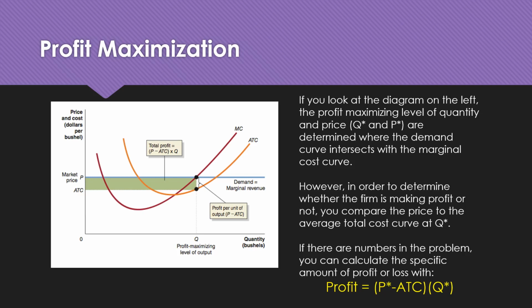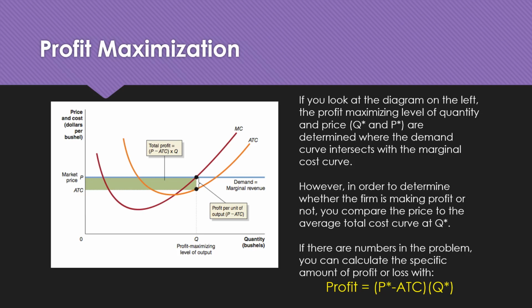Because remember, profit is equal to total revenue minus total cost. Total revenue is price times quantity. Total cost is just going to be average total cost times quantity, because average total cost is total cost divided by quantity. So if you cancel out the Q's, you get total cost. So we can directly compare a per unit profit by comparing price to average total cost